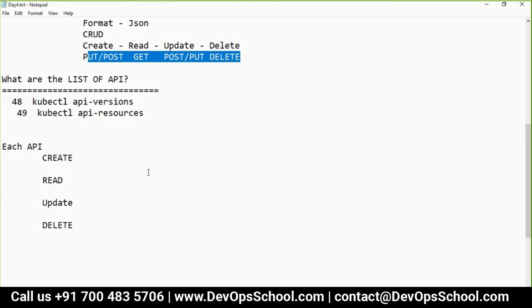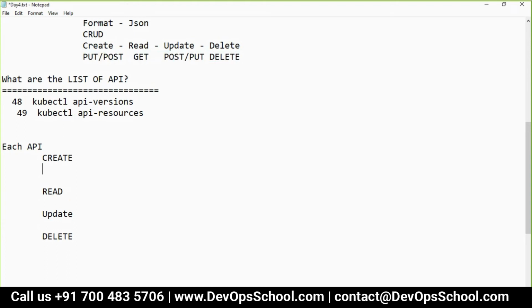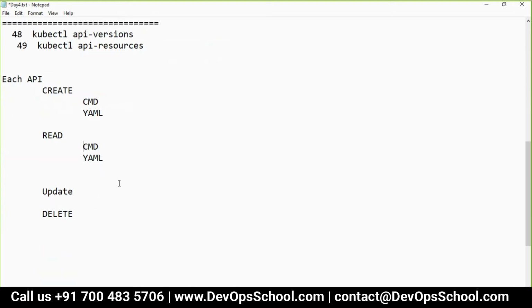For doing all these operations, you can do it through the command line, and you can do it through YAML also. Both ways. Creating you can do through the command line, reading you can do through the command line, and YAML most of the time you don't need.